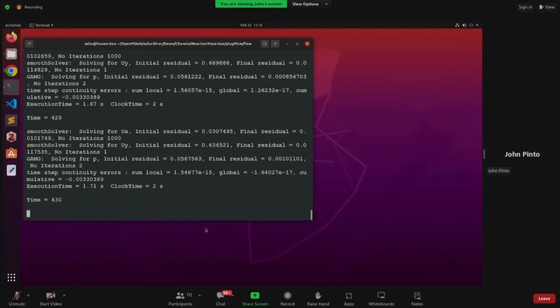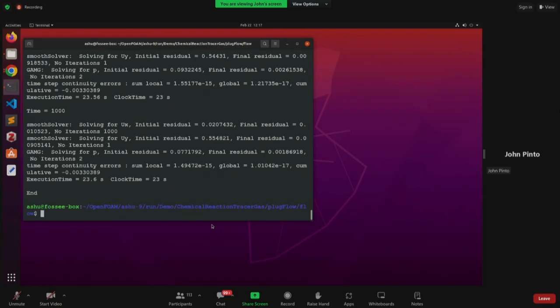So this will solve, and say after about 1000 iterations, I will get my final results. So it will more or less be steady. This is what I've observed. Okay. Now if I see the file over here,